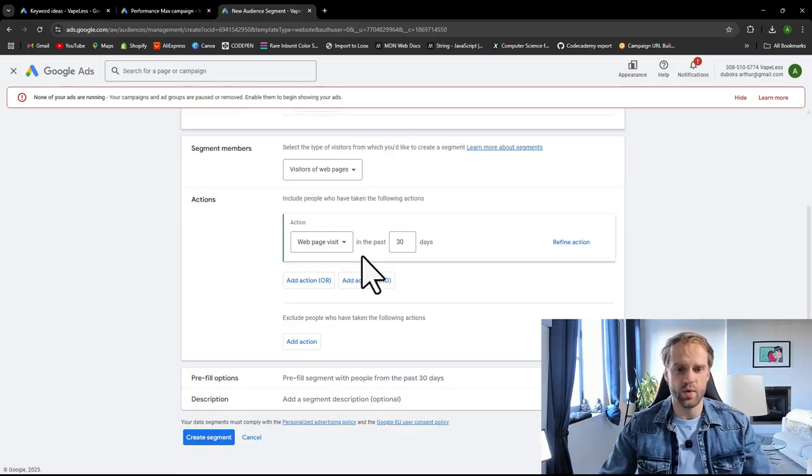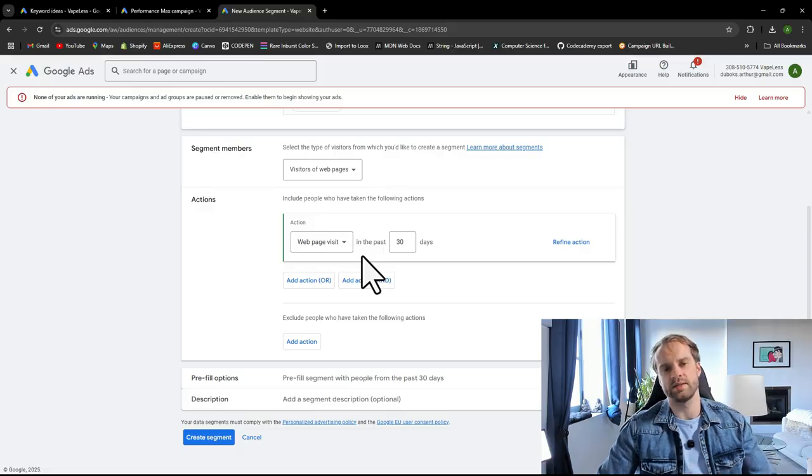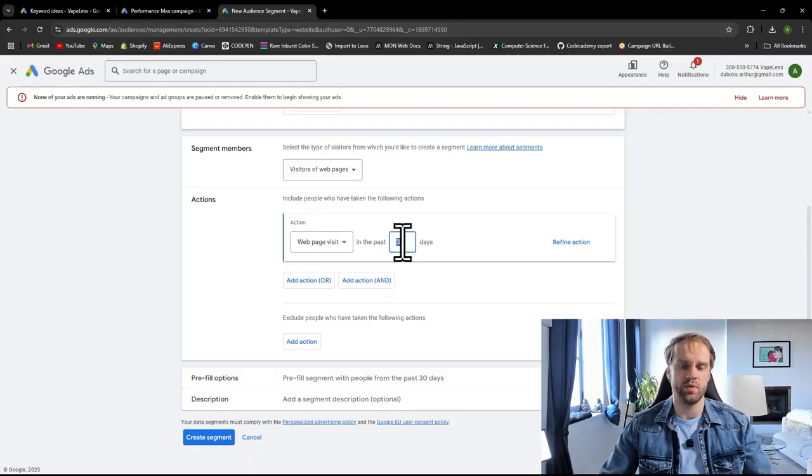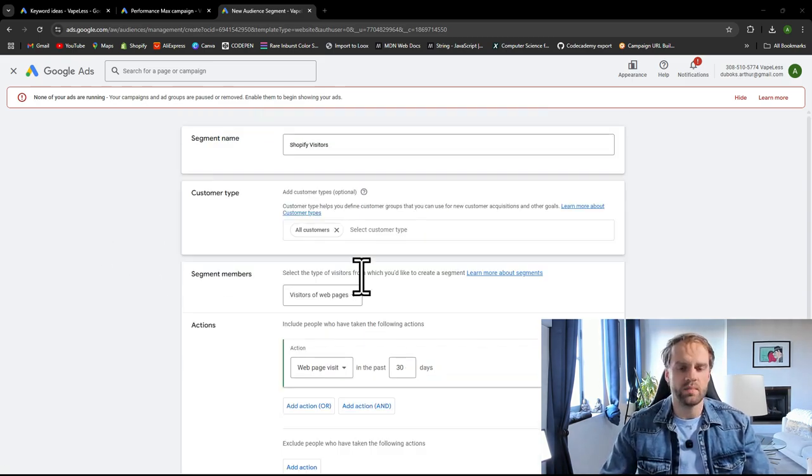And here we want to select the retention time, guys. You don't want to go anywhere below like 90 days. Even 90 days might be too cold, because the more days pass, the colder the audience gets. So 30 days is sort of a sweet spot, because people will still might remember your brand. So 30 days is a good sweet spot for that, guys. Again, right now, I'm literally targeting every single customer that hit the Shopify store,